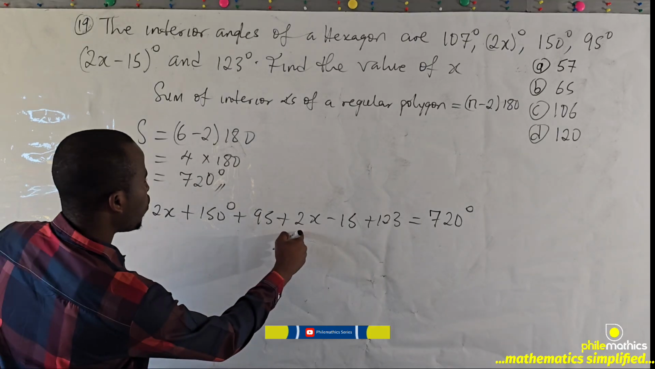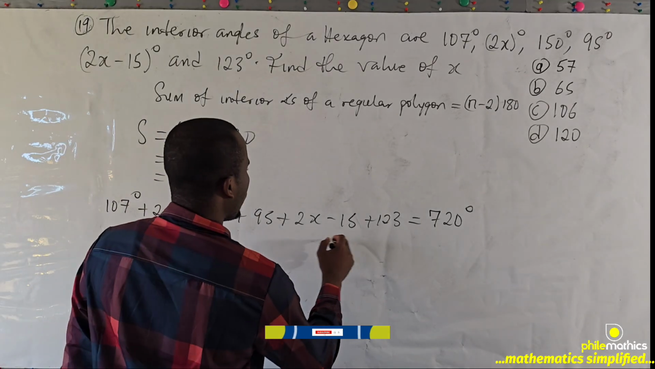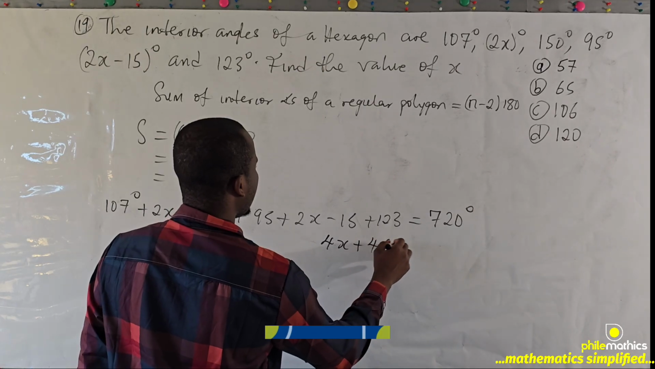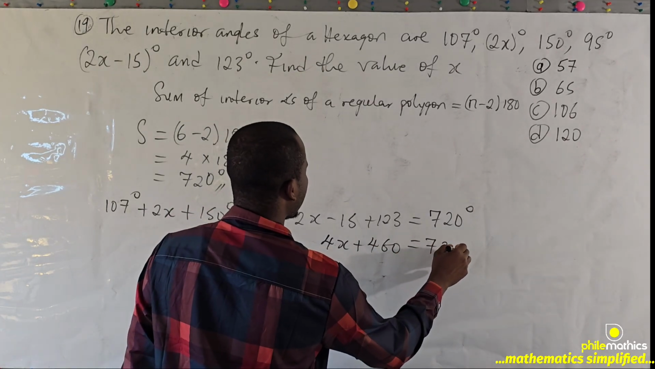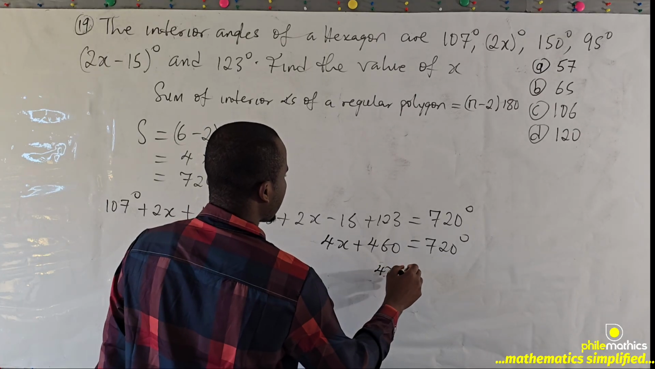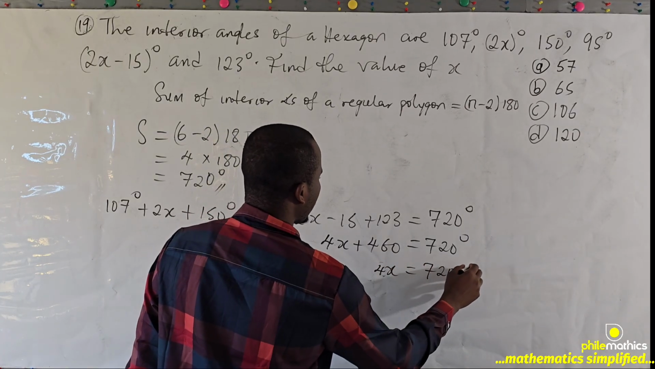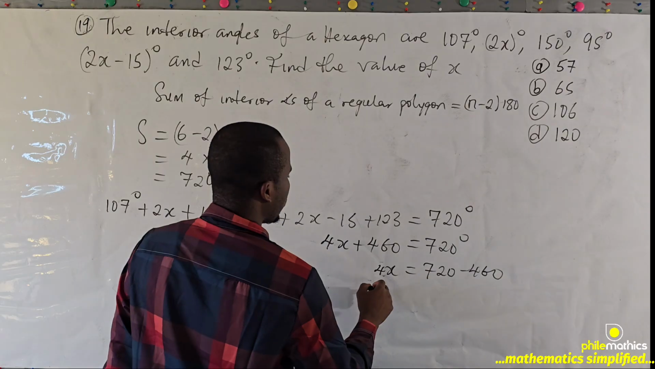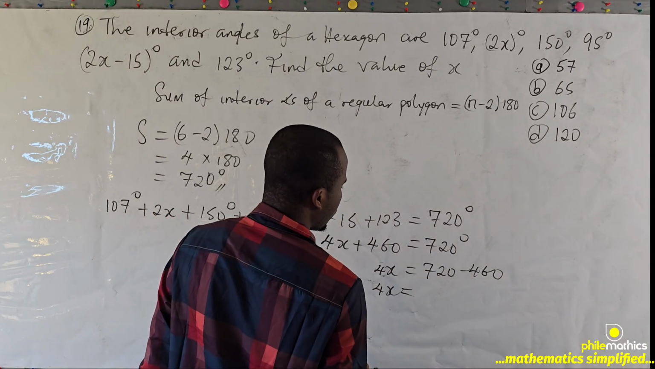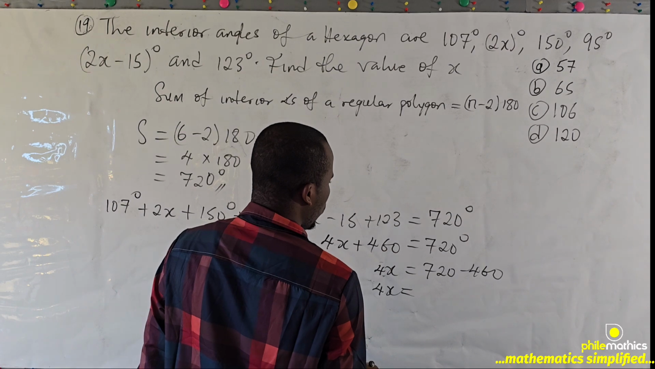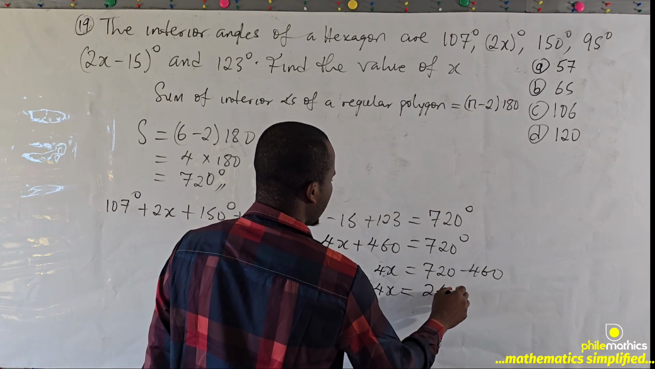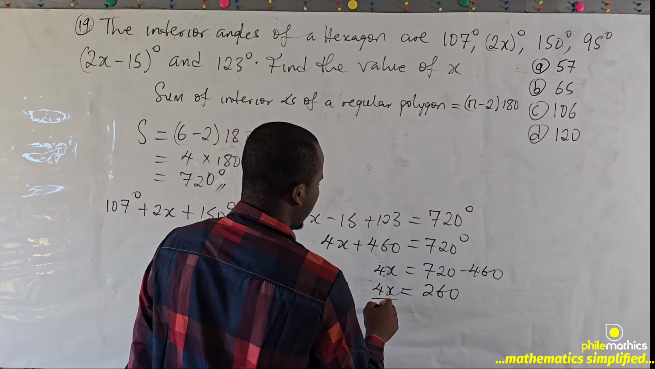So we have 4x plus 460 equals 720 degrees. Subtract 460 from both sides. 4x equals 720 minus 460. 4x equals, this should be 260 degrees. And if I divide both sides by 4,